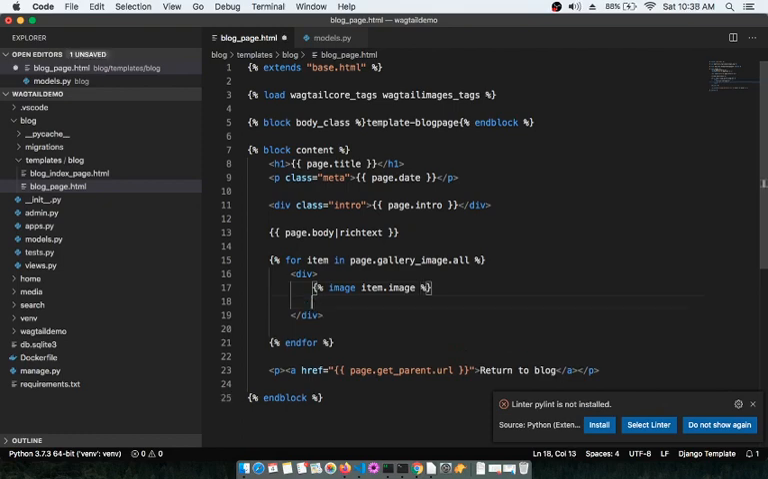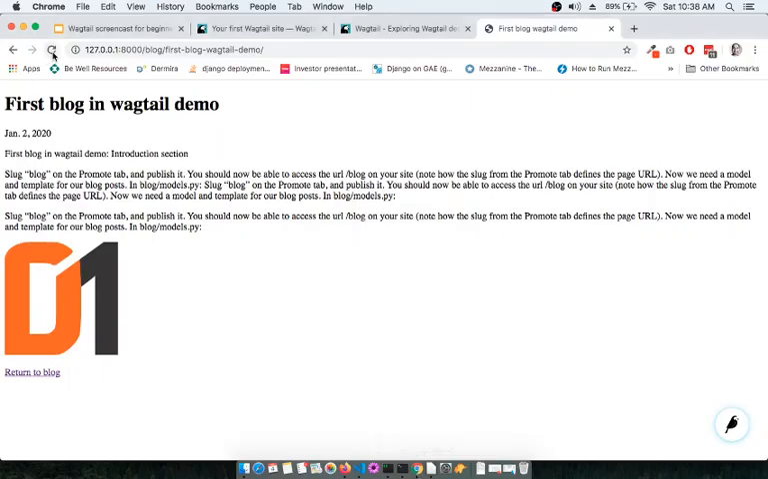And then we are going to have the caption, right? That caption, which we are updating from the admin panel for every respective image, let's say we are going to take it within the paragraph text, and we are going to say item dot caption, right? And once you complete this, save this and go and refresh this page,